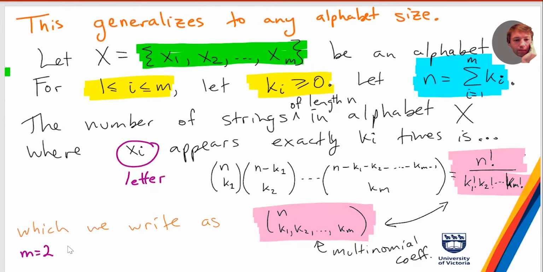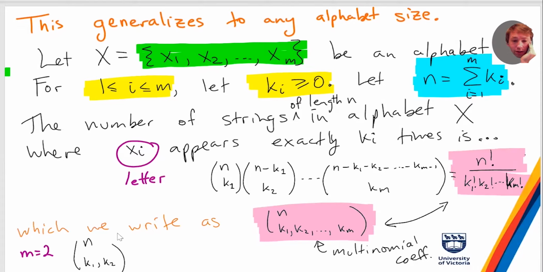So n choose k1 comma k2, where, by the way, this thing is only defined when the sum of the ki's is equal to n, right? This is just the same thing as n choose k1, right? So in the case m equals 2, there's a little bit of redundancy in the notation, these two things mean the same thing. But when you have 3 or more different types of letter, then you kind of need